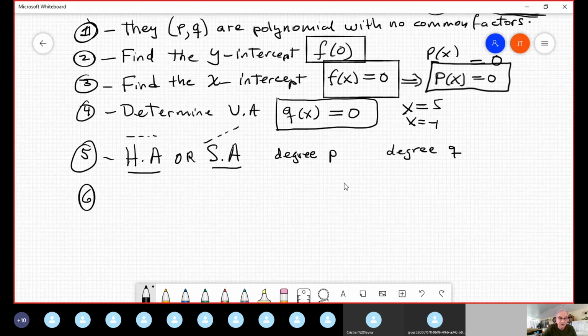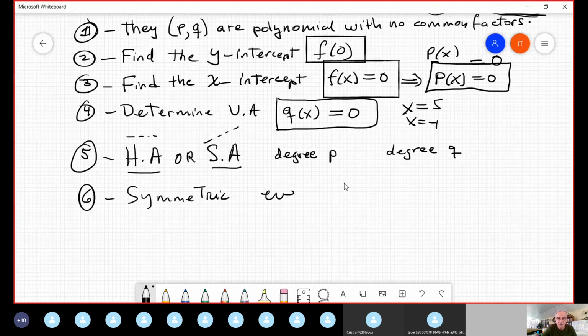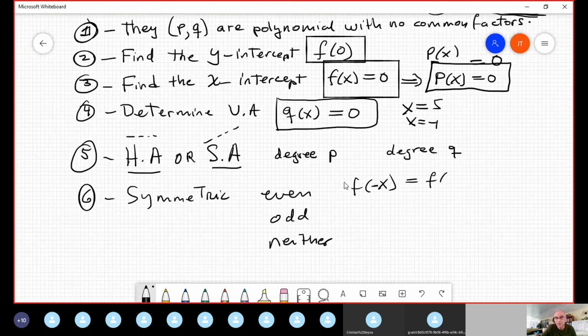Number 6 is determine symmetry. Very important, symmetry. Because when you determine symmetry, you save time. You determine if the function is even or odd, or neither. The formula is if f of minus x is equal to f of x, the function is even. I want to explain in detail next time. If f of minus x is equal to minus f of x, it's odd. Otherwise,